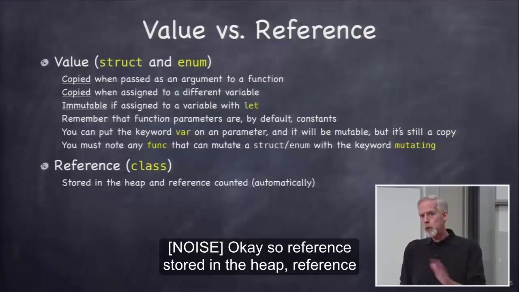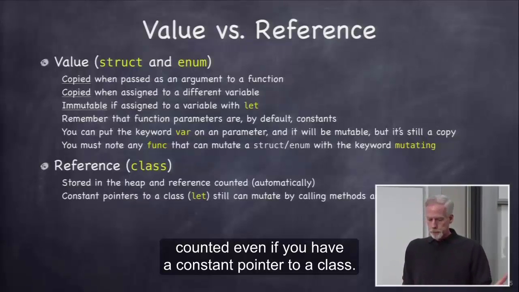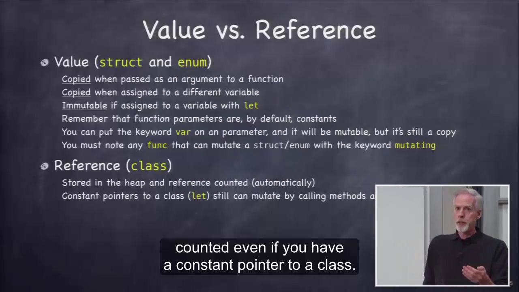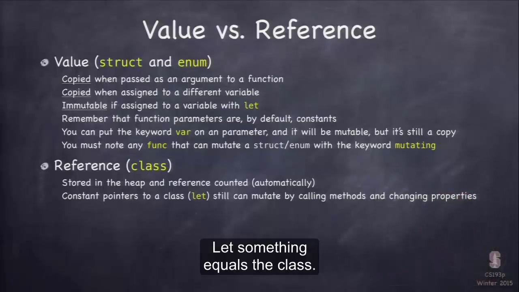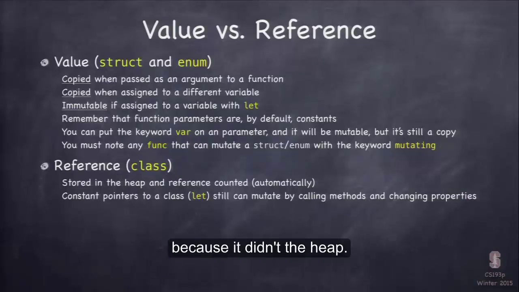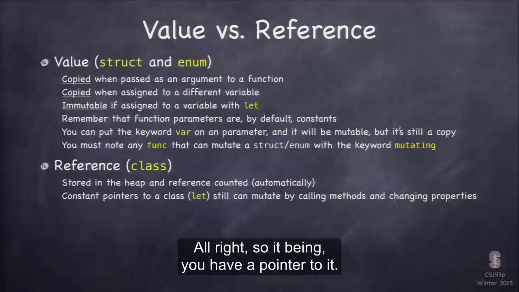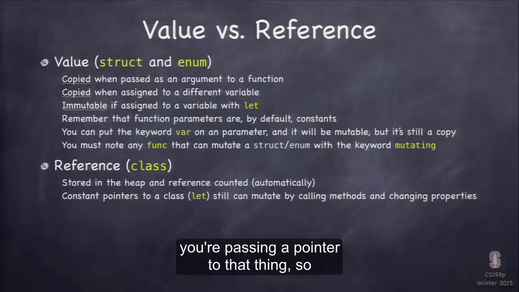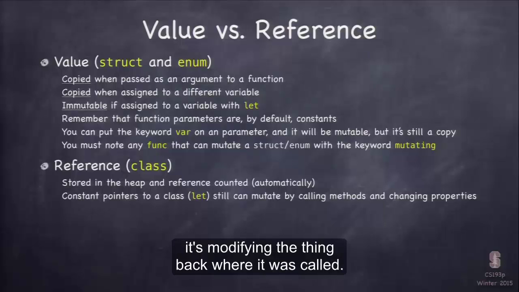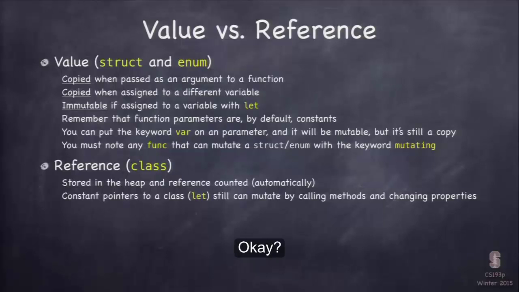So reference, stored in the heap, reference counted. Even if you have a constant pointer to a class, let something equals the class, you can still send messages to that thing that can mutate it because it's in the heap. All right, so you have a pointer to it. And when you pass it to a function, you're passing a pointer to that thing. So if the function modifies it, it's modifying the thing back where it was called. Okay, so